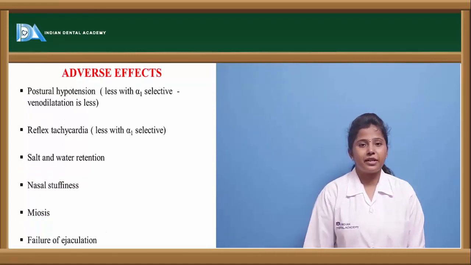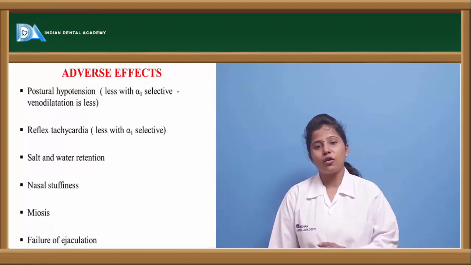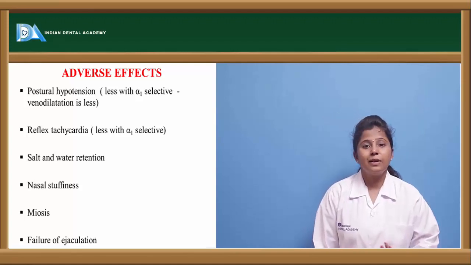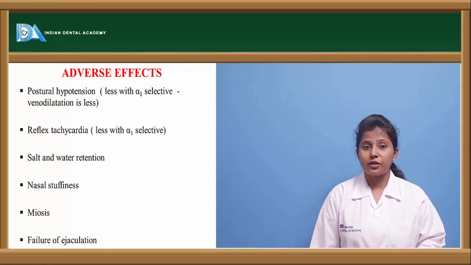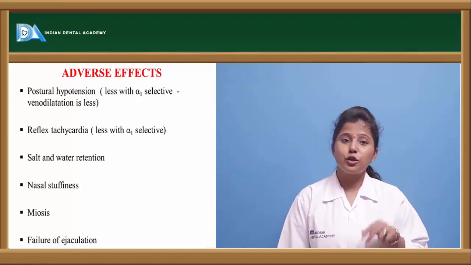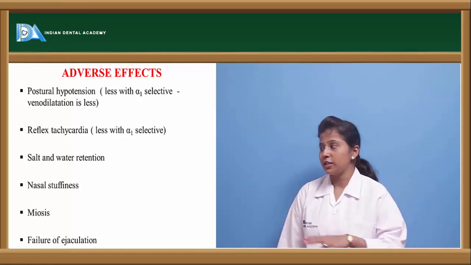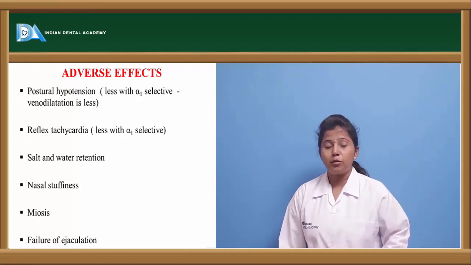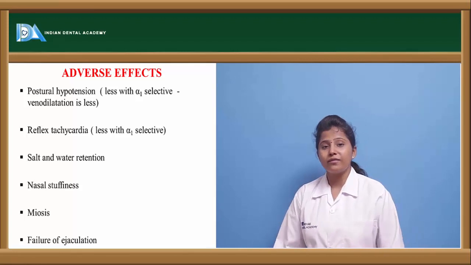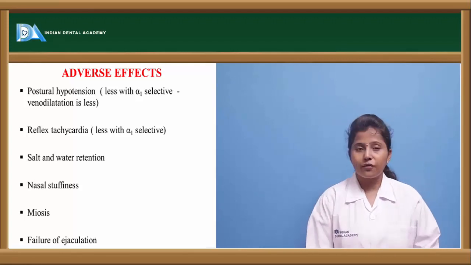Let us see the adverse effects. What happens if the dose of these alpha receptor antagonists is excessive? It leads to postural hypotension. These alpha receptor antagonists show the effect of postural hypotension. Even in excessive amounts, it causes postural hypotension, where there will be over venous dilation because of the